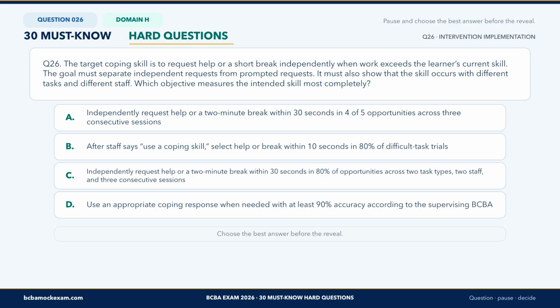Once a plan is chosen, the objective must preserve both the intended response and the conditions for generalization. The response is not just any coping behavior, it is an independent functional request. A complete objective also needs a measurable criterion and evidence of use across both task and staff changes. Question 26. The target coping skill is to request help or a short break independently when work exceeds the learner's